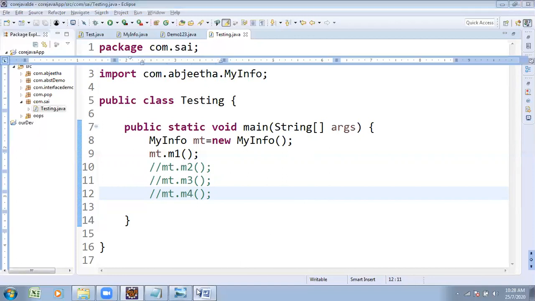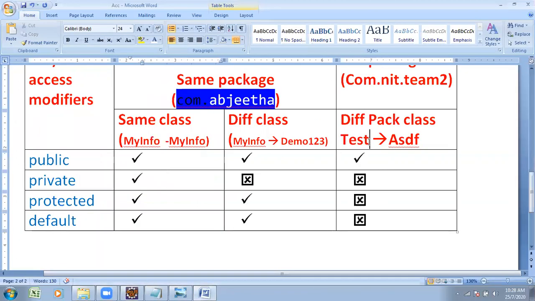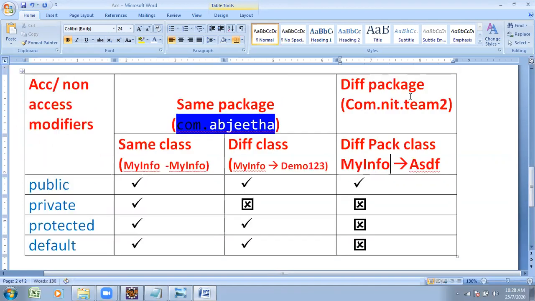Previously you observed, the declaration was done under MyInfo. The MyInfo class is available under com.abhijit. But my class is available where? com.sai.